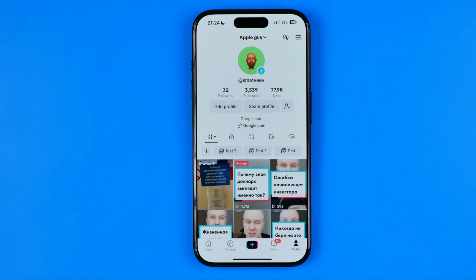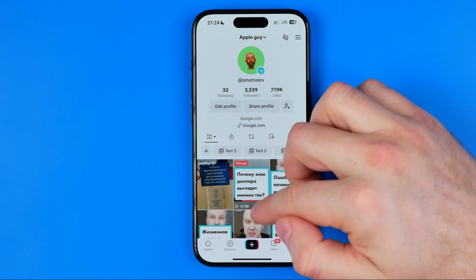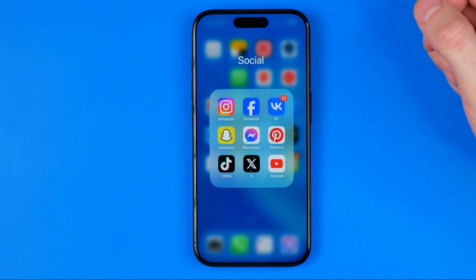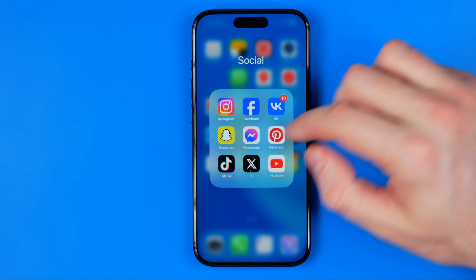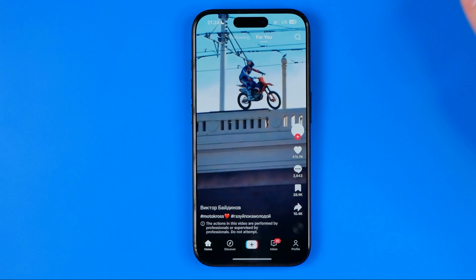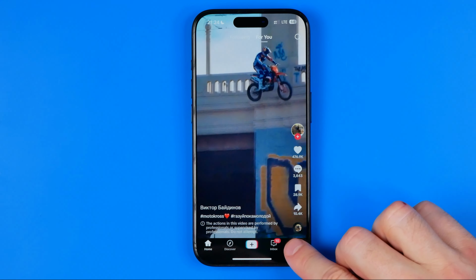In this video, I'm going to show you how you can easily change your name on TikTok on an iPhone or on an Android. Be sure to watch the video to the very end so you don't make any mistakes. Let's get started, guys, and first off, open up the TikTok app